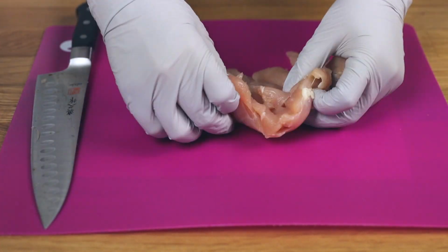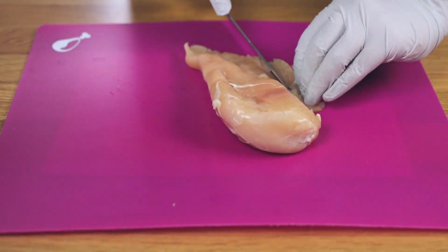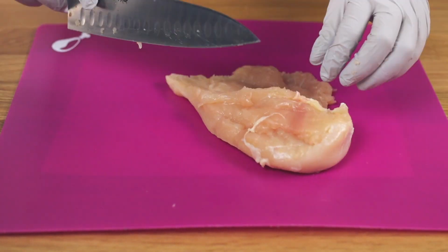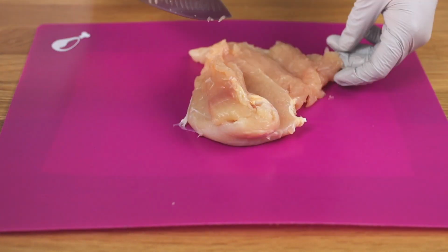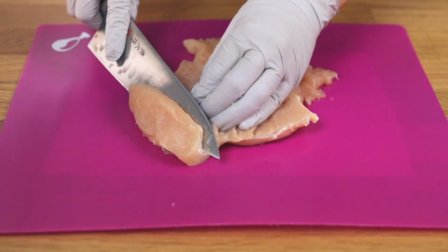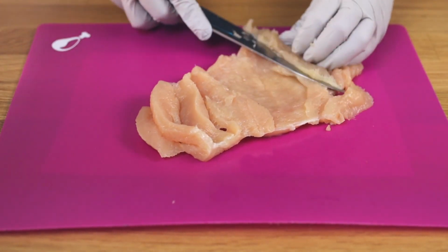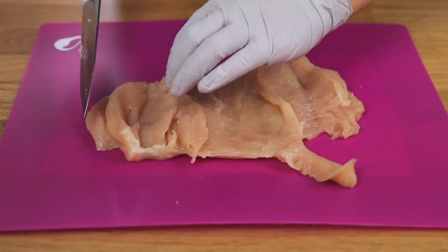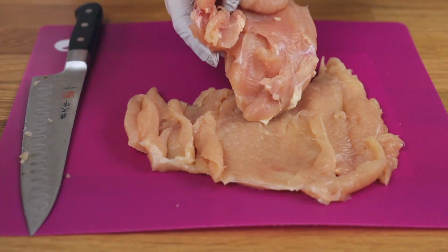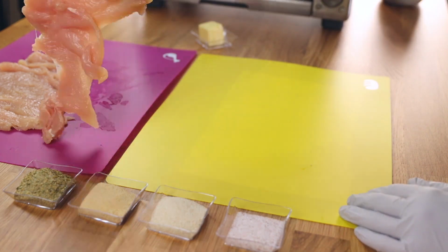I will be doing 2 demonstrations of this with obviously 2 different chicken breasts. What I love about this recipe is that the filleting does not have to be perfect. Why? Because the ham and cheese is actually gonna act as a guard, so everything literally sticks together, so you don't have to worry about having this perfect. Now that we have our 2 chicken breasts, like you see, very flat and almost t-shirt like,